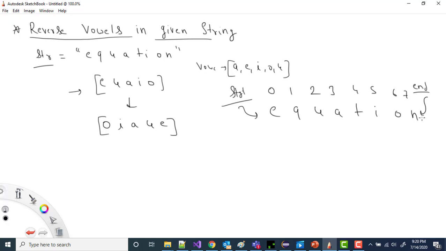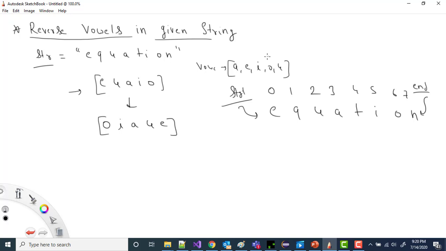Now what I will do, I will basically start from the start, and I will increase it until I find any vowel, right? So basically we can have a function here that checks whether a character is a vowel or not. Now there is a point that a vowel can be a lowercase character as well as an uppercase character, right? So in our question we can handle both cases. We can handle the uppercase letter also and the lowercase letter also, right?